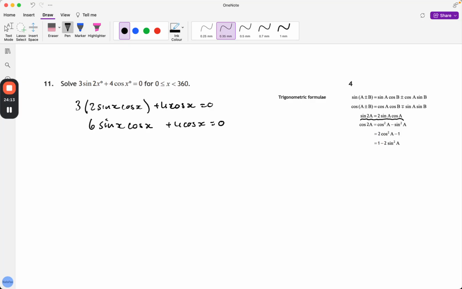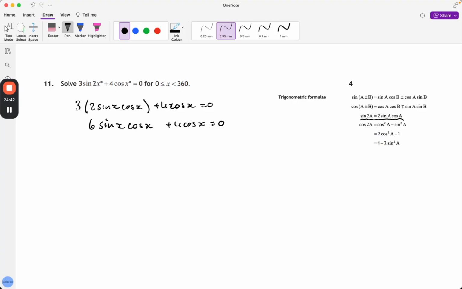Okay, at this point you may think, not really sure what to do here. I've still got sines and cosines, and now I've got a sine getting multiplied by a cos, so I don't really know what's best here. Generally speaking, whenever you're trying to solve for something, you want to be thinking about whether you can factorize in terms of a trinomial. So if we had a sine or cos squared, then you want to maybe think about considering it as a trinomial and trying to pop it into 2 brackets. You want to consider if you've got a difference of 2 squares,